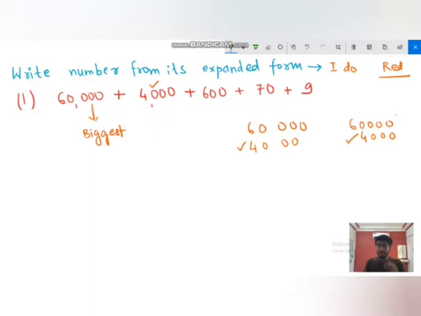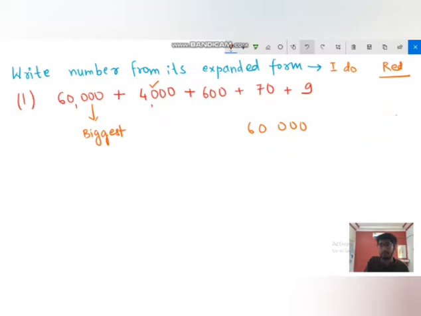Whenever you write a number, you actually start from your right and you move towards your left. And why do we do so? Because this is your units place, this is your tens place, then hundreds, then thousands, then 10,000. So you always start writing numbers from your right and you go towards your left. That's why this is going to be the wrong method. So now we are going to correct it. I will clear everything first.